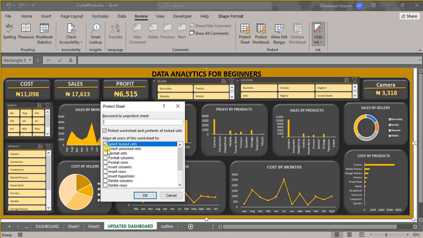Do you want the person to select locked cells? When you check this, it means the person can select but cannot make changes. Do you want the person to select unlocked cells? Now, before you go ahead to click protect worksheet, you can decide, because in some cases, for instance, let's go back to the pivot,